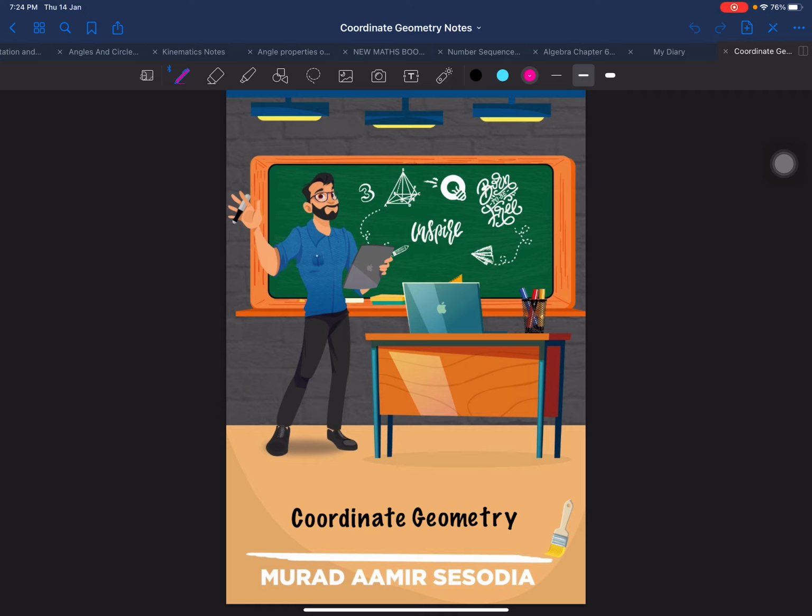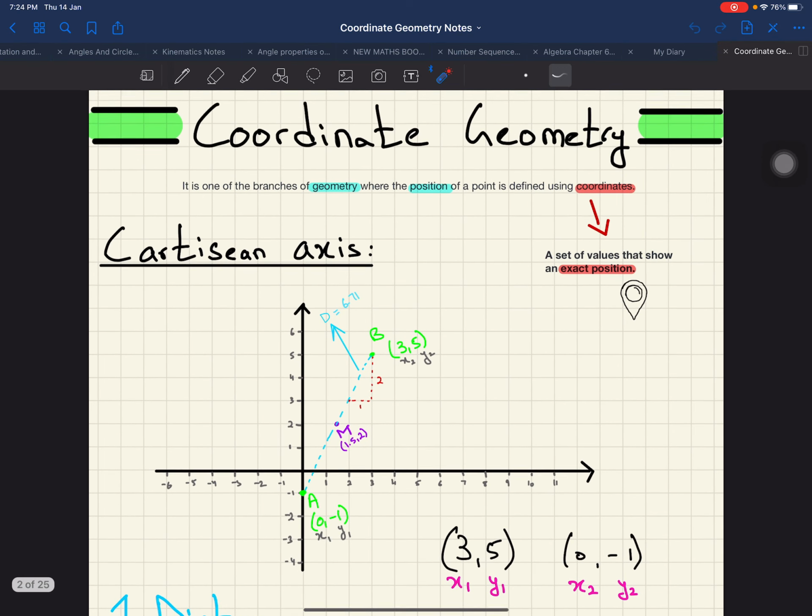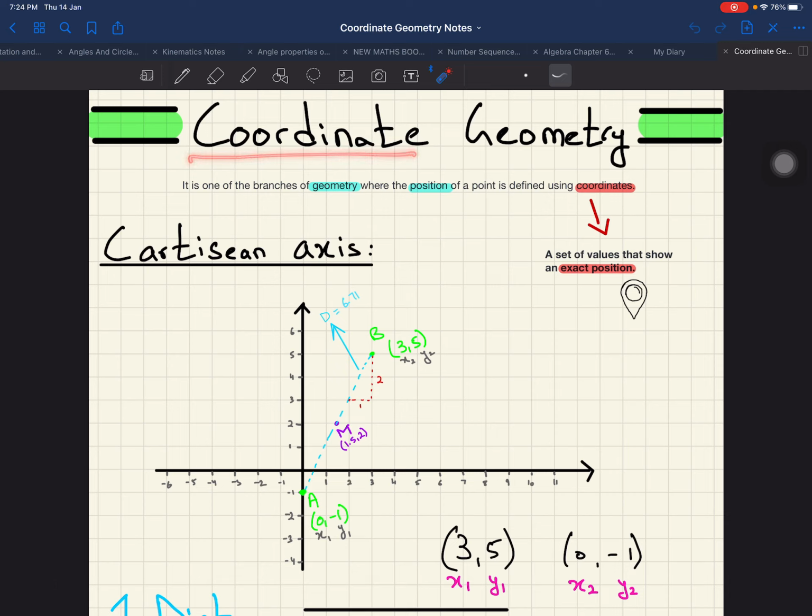So today's topic is coordinate geometry for 4024 mathematics. So we are going to discuss coordinate geometry in this video. Now the first thing we need to study about coordinate geometry is the concept of coordinates. What are coordinates? It is one of the branches of geometry where the position of a point is defined